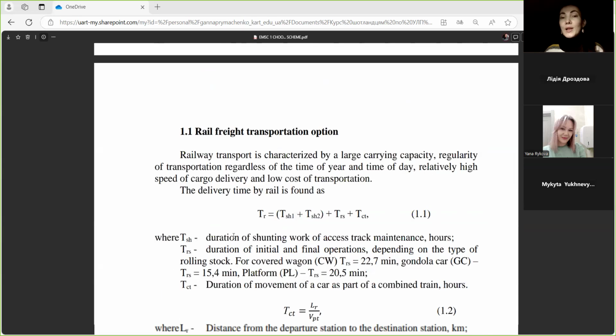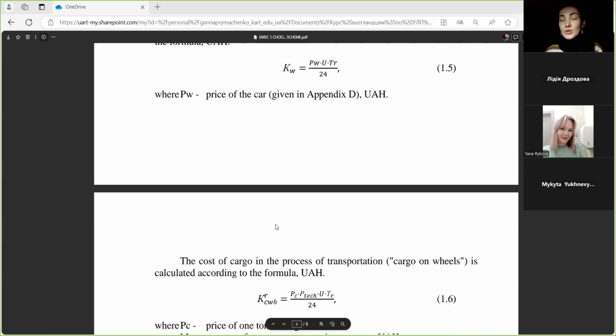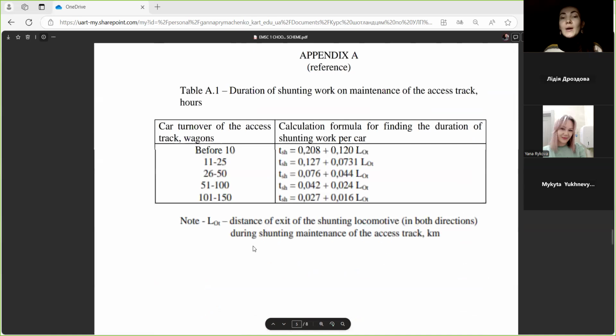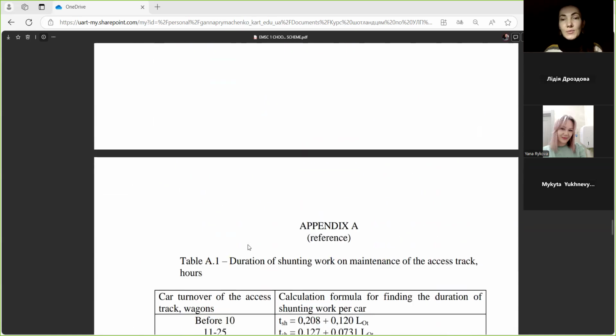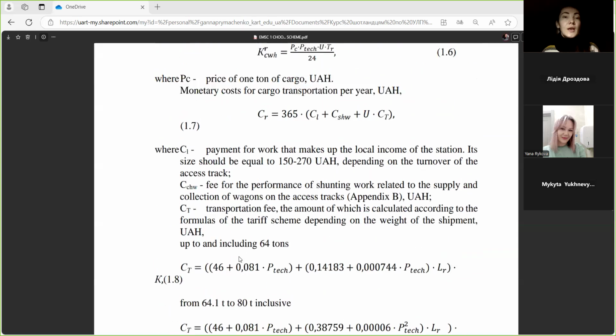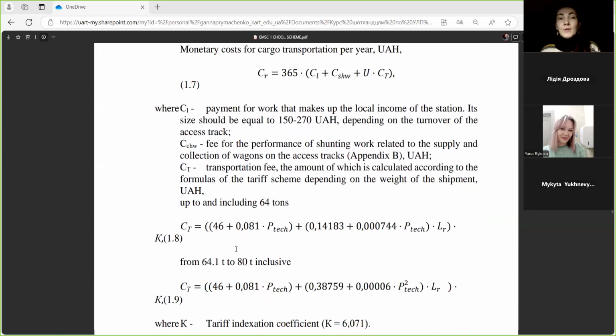So I open the last 2 formulas. It's already calculated as in the previous practical lessons. Okay, we finished on formula 1.7. It is the monetary cost for cargo transportation per year. It is a big sum, and we need to calculate these formulas and find how much cost we need for